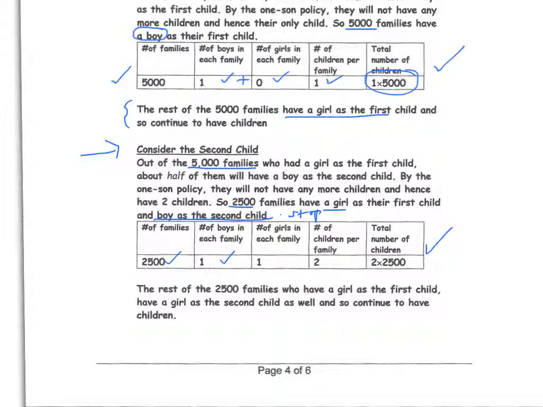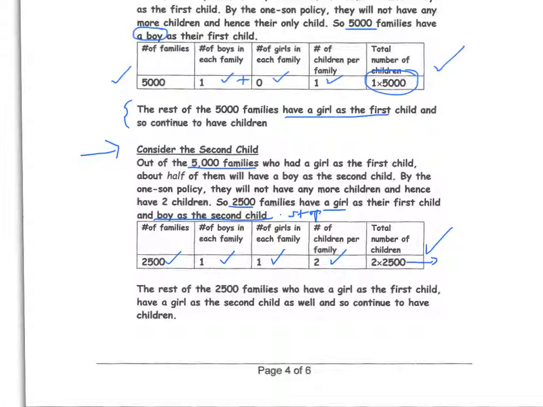Their first child was a girl, so there's 1 girl and 1 boy. So the first child is a girl, second child is a boy. So total number of children per family in these 2,500 families is 2. The total number of children is 2 times 2,500, which is 5,000. So these are the details of families that had the second child as a boy, and they're going to